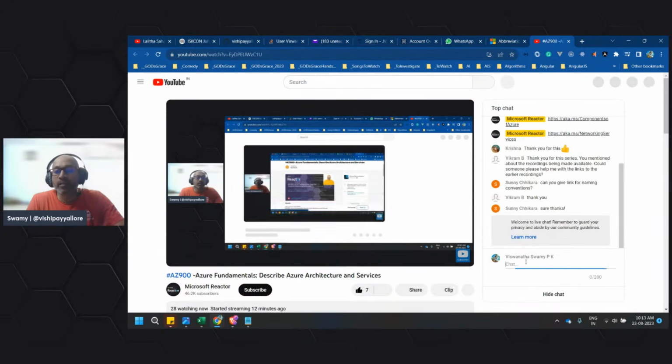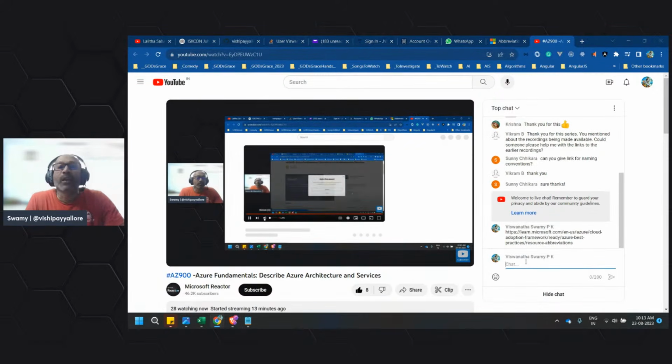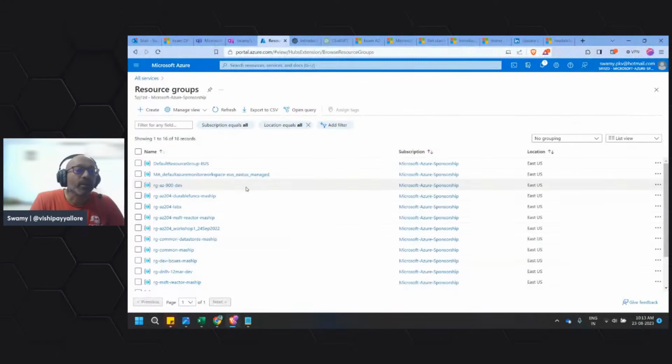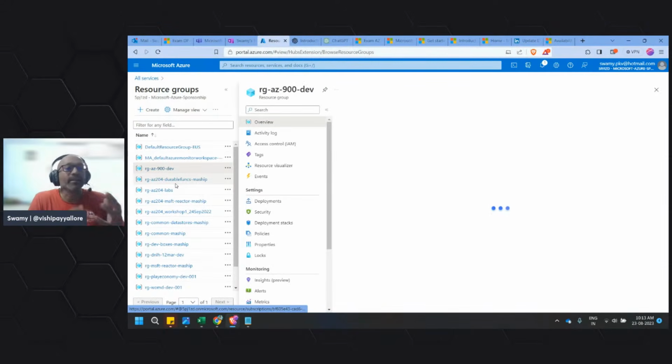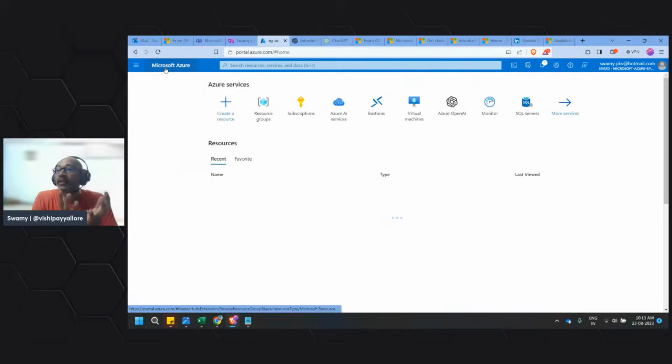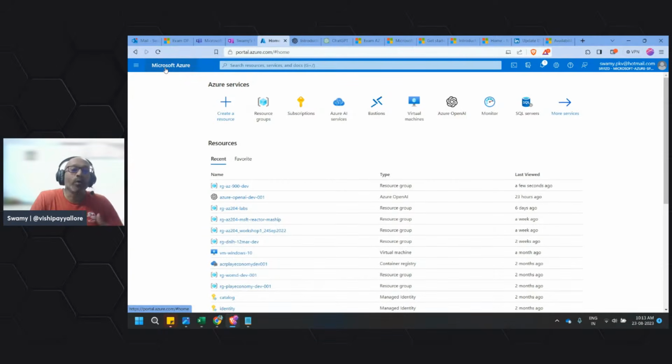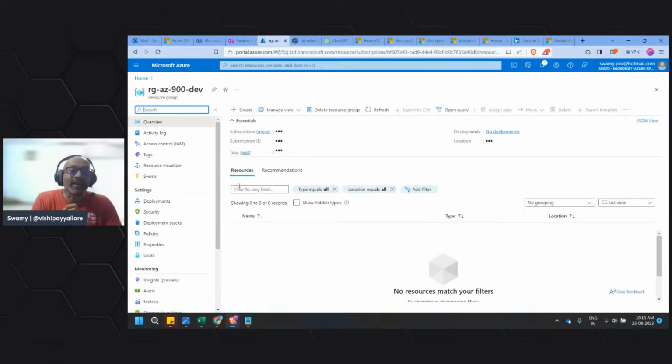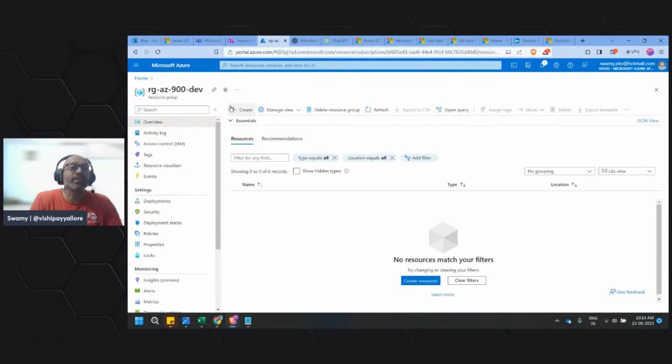Okay. So here is the link. Let's come back to this one. So we just created this resource group. So what is this resource group? A resource group is like a container, like a bookshelf, where you go and place a lot of books. At this point of time, our book rack is empty. That means we just created a resource group, which is a container, but we don't have any of those resources